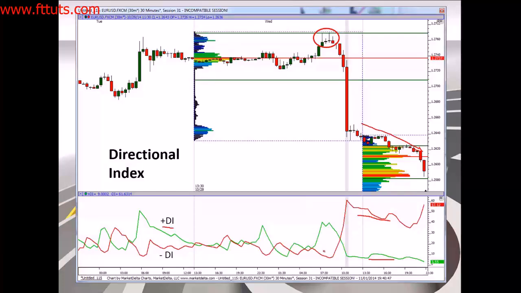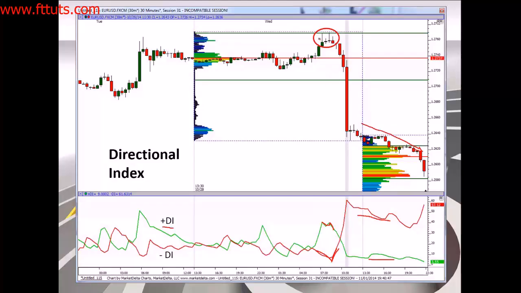Now take a look at what is happening with the negative or the minus directional indicator, the red line here. It is creating a V shape. It was first dropping, now it is starting to rise. That is telling me that a bearish trend is about to get started in tandem with my candlestick pattern. Not only that, what is happening to my positive DI? Well, it dipped and it took another dip, and it is starting to drop as well. Beautiful setup,